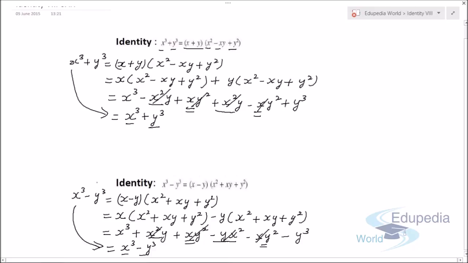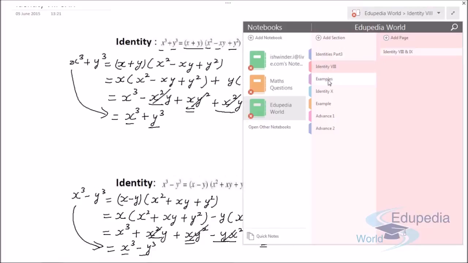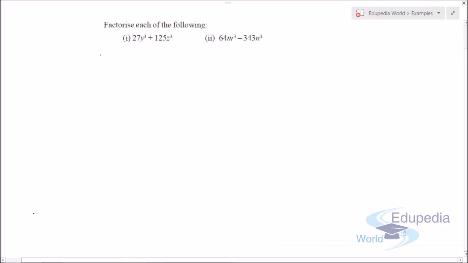Now further we'll solve examples related to these identities. So these type of examples generally come in the examination, so watch these examples carefully. Now the first example is we have to factorize each of the following, using identities or whatever means, but we will try to use the identities. So the first question is